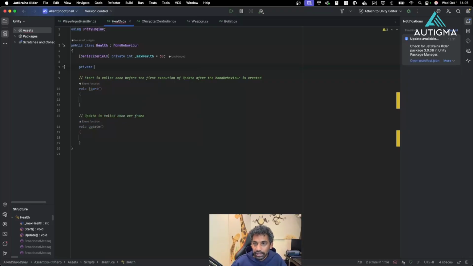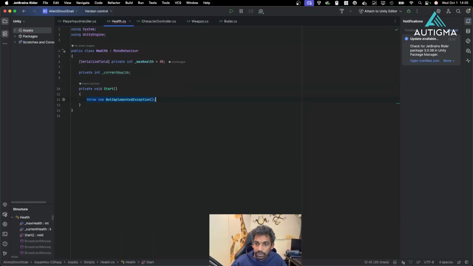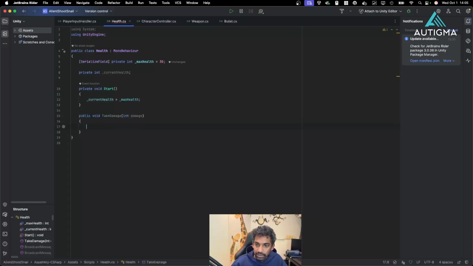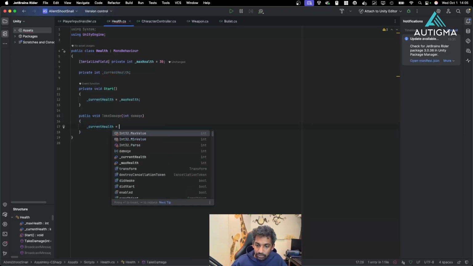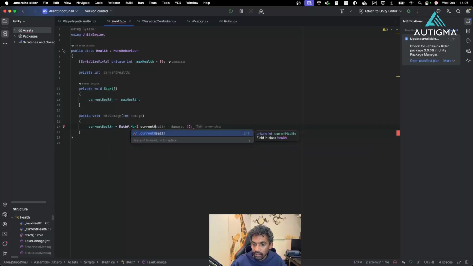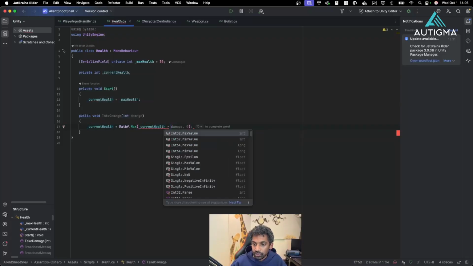Cool, and then we will create a private int current health, and then on start we can say our current health equals our max health. And then we also want a function here called public void TakeDamage(int damage), and then we want to say current health equals Mathf.Max(current health minus damage,